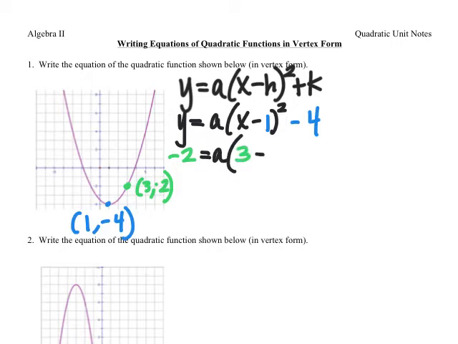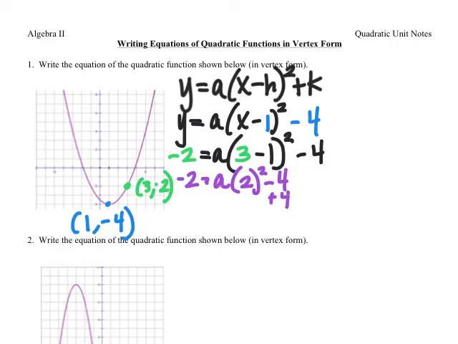So that would be 3 minus 1, I'm leaving that h in there, and then minus 4. And now let's just go through and solve for a. So negative 2 equals a. Let's see, 3 minus 1 is 2. That's squared minus 4. Be careful here. Go ahead and add that 4 to the other side so that you don't get confused, right? So we have 2 times, let's see, 2 squared is 4, so that's 4a. So when I divide both sides by 4, I get 1/2